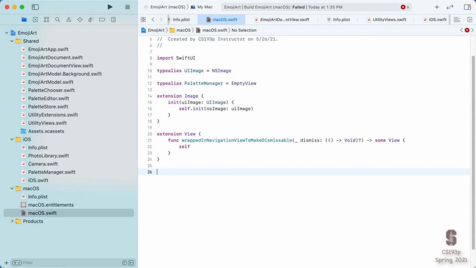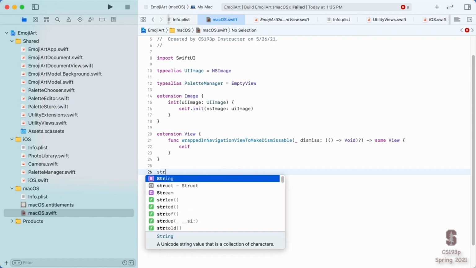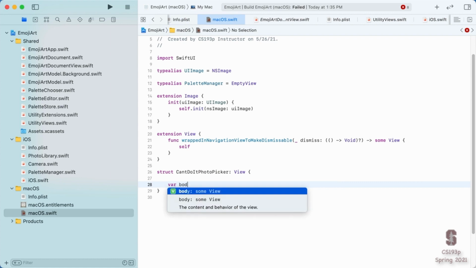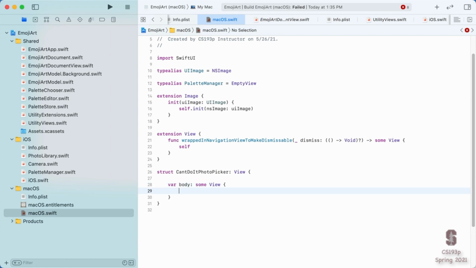It's very similar to what we were doing with the view modifiers, but here we're going to do it with the whole view. So I'm going to create a view here. I'm going to call it my CantDoItPhotoPicker, and it's a view. And of course it has a var body, some view, and since it can't do it, that's an empty view.